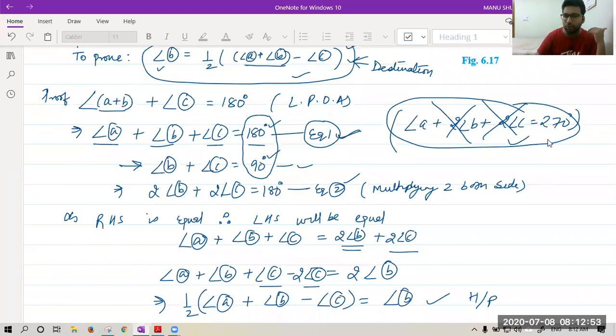Now if you compare equation 1 and equation 2, you will find 180 and 180 is the same. That is the right hand side. If RHS is the same, we can say the left is also equal. So what I have done, I have compared the left part. So angle A plus B plus C from here is equal to twice angle B plus twice angle C. Now we have to just rearrange them to find the final answer. To rearrange them, I have kept twice angle B on the right side only and taken twice angle C to the left side. After that, I have solved and got the answer. Nothing more is there. I hope it is clear now. If not clear, you can go to my channel and view it again.